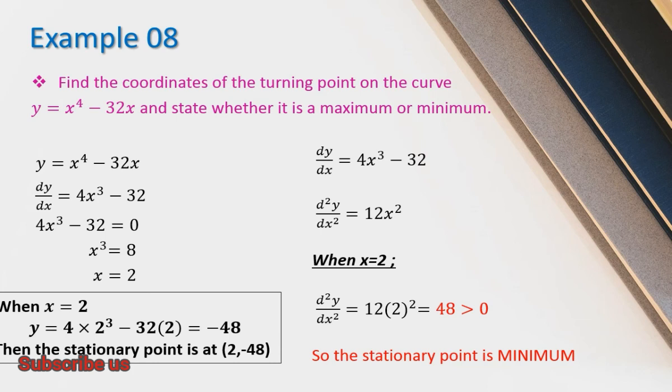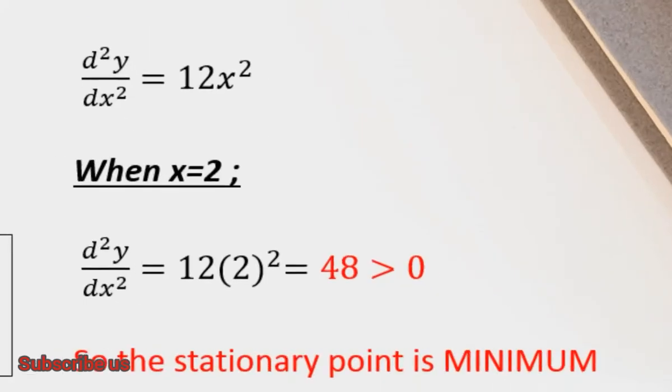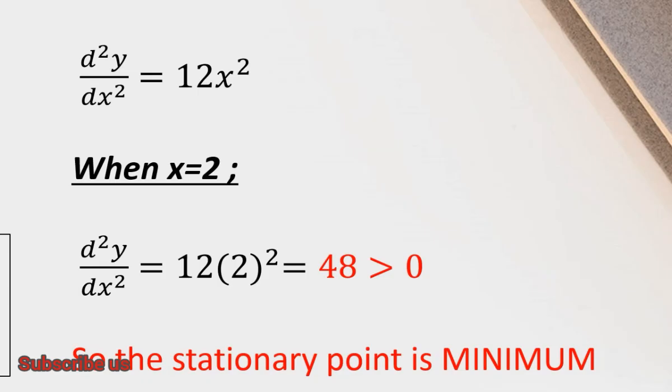When x equals 2, d squared y by dx squared equals 12 times 2 squared, which equals 48. 48 is a positive value, so it is greater than 0, so the stationary point is a minimum. Next,